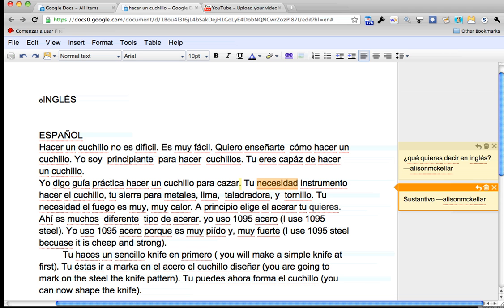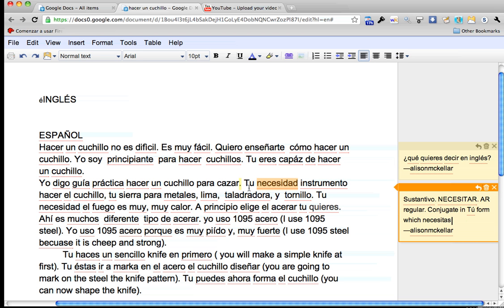So necesidad isn't a verb, so what you really want is the verb necesitar, and then being an AR regular verb, you would just want to conjugate that in the tú form, which would be necesitas. Tú necesitas